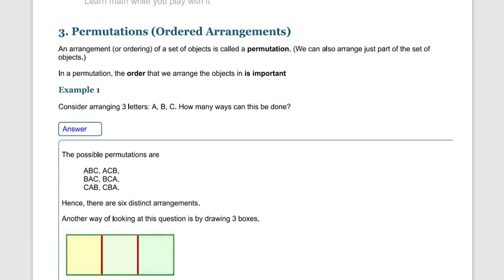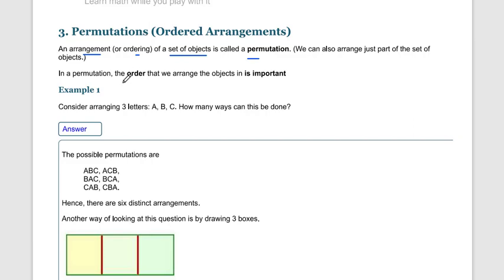So permutation: an arrangement or ordering of a set of objects. Arrangement of a set of objects is called permutation. Just like in counting there are some conditions for AND, addition and multiplication, here also